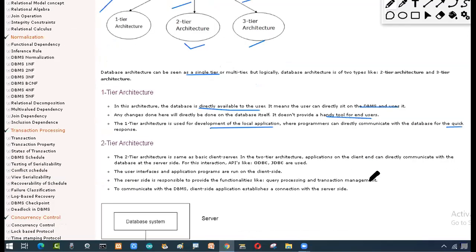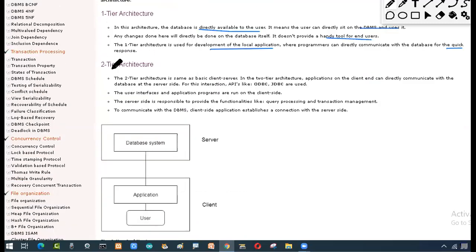But we are talking about client-server. If I don't want to burden my system, I want to store the data somewhere else. In that particular case, we move to the two tier architecture.